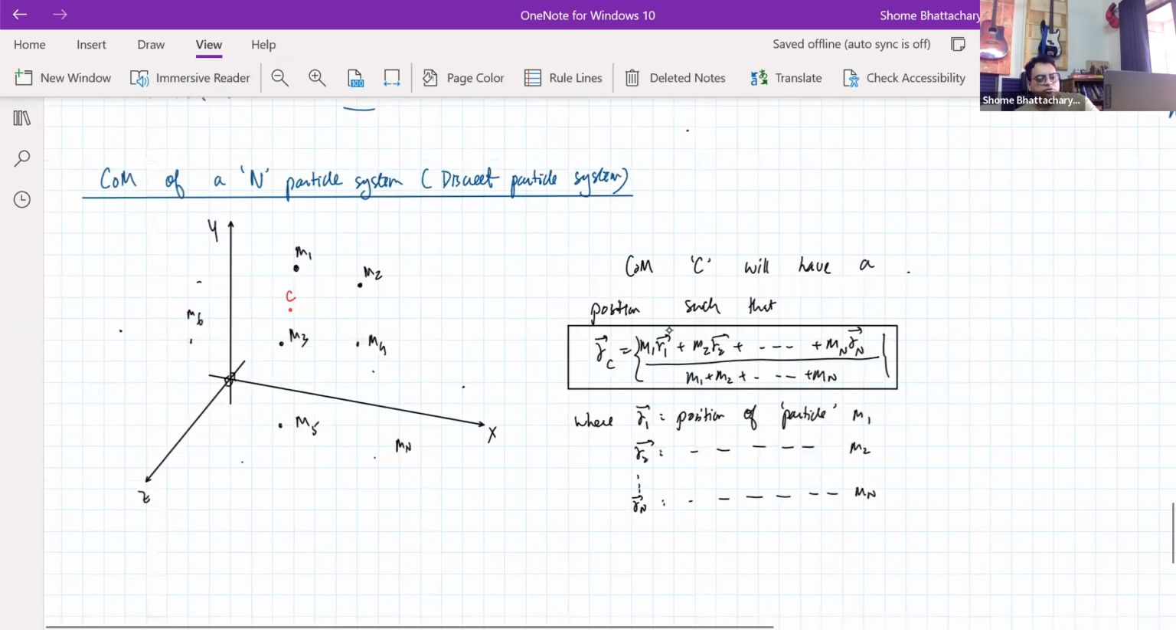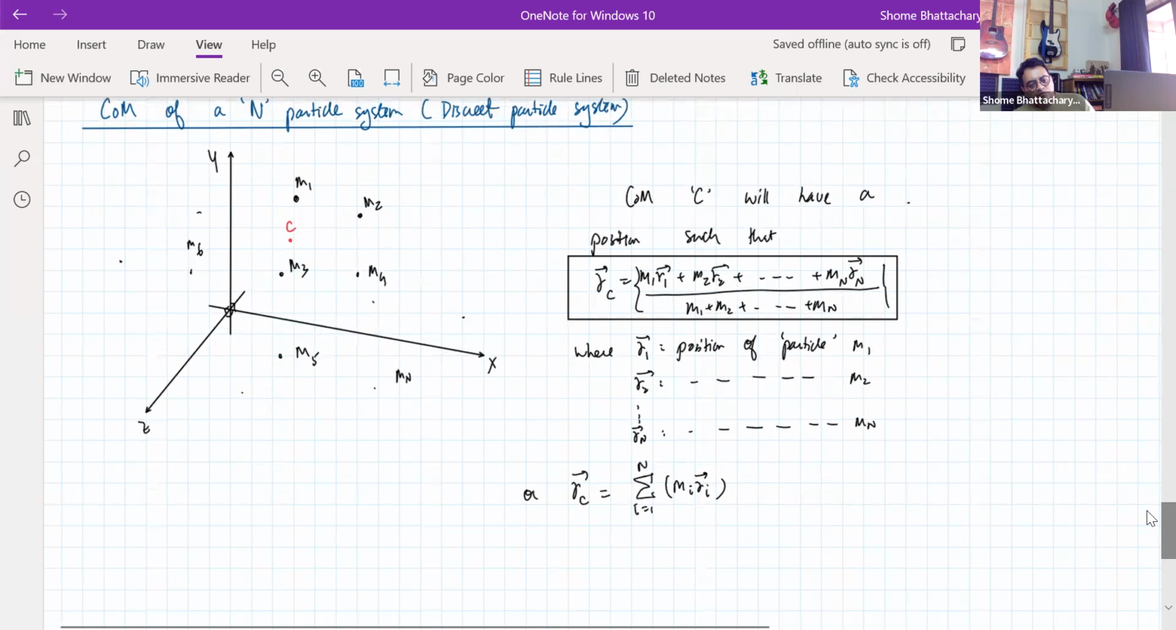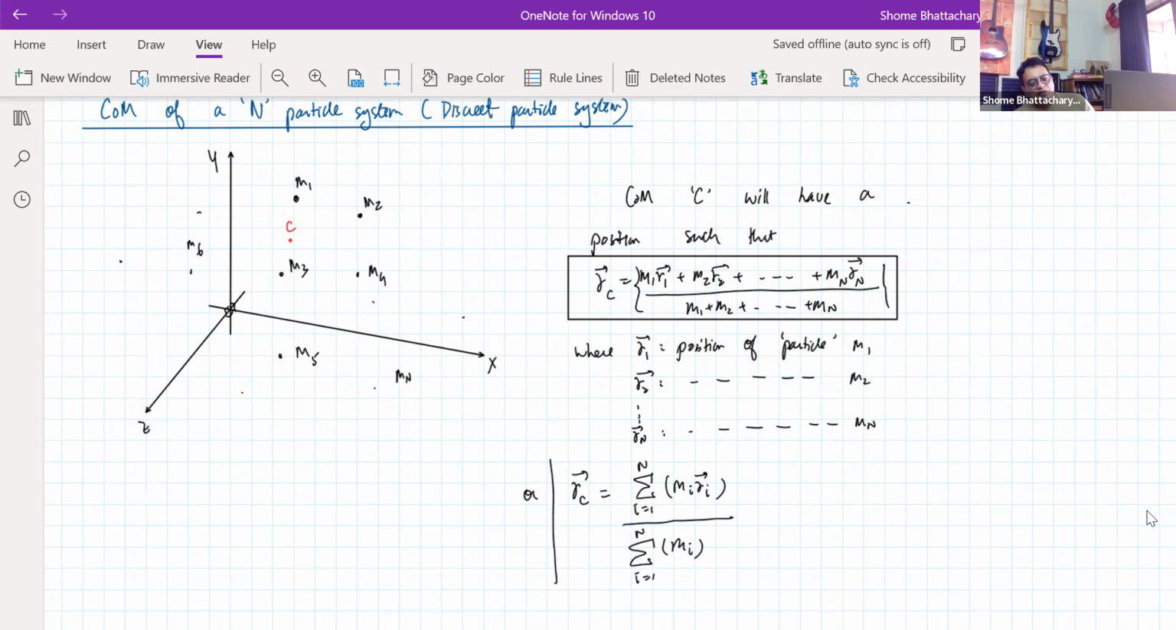You can also think of it like this, that the position vector of the center of mass is given by a summation formula. Summation of mass into position in the numerator for all particles going from 1 to n, divided by another summation in the denominator. Now this summation in the denominator is just the summation of mass. So this is another way of expressing the same formula,